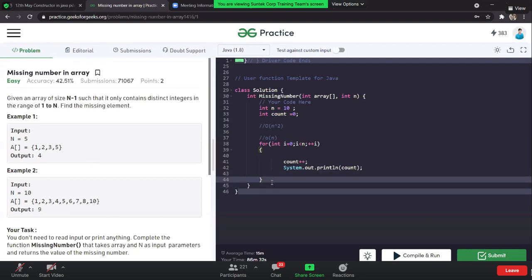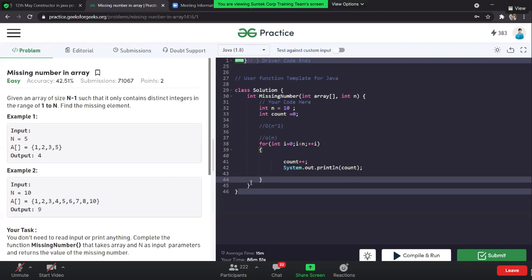Any other approaches apart from that? The numbers that they have given look like they are in sorted order. Okay, finding an average.